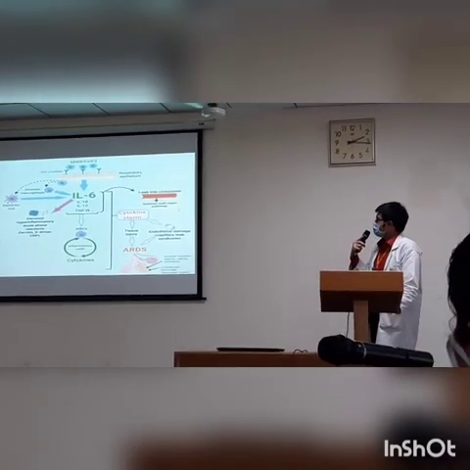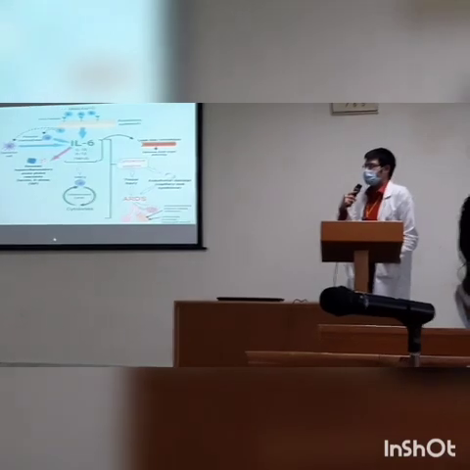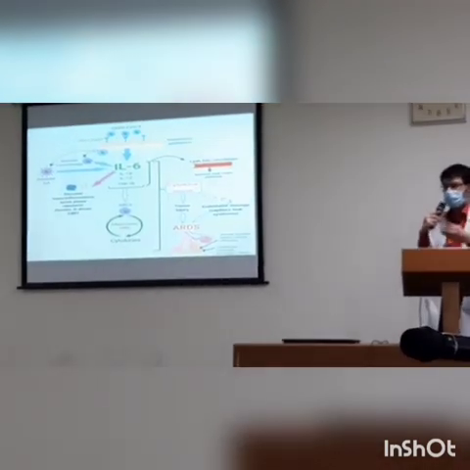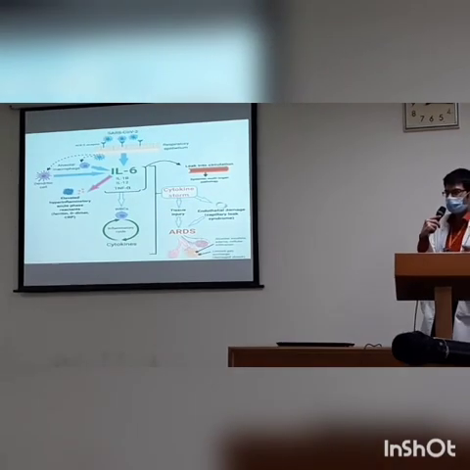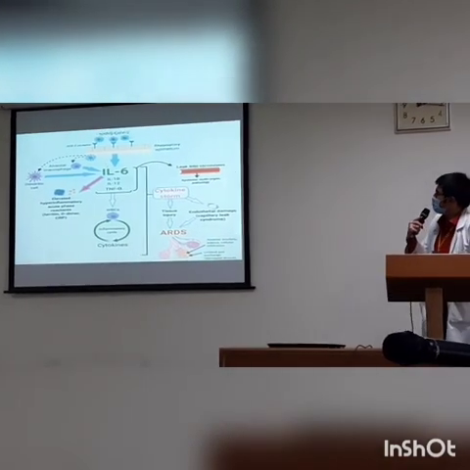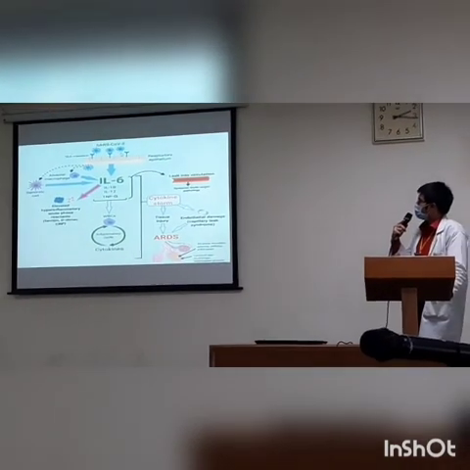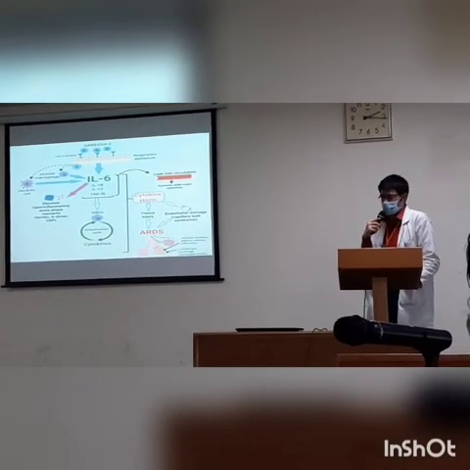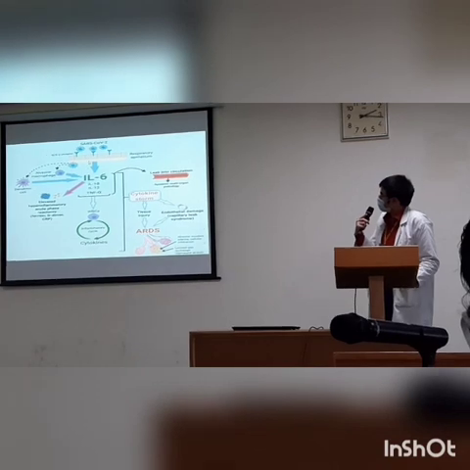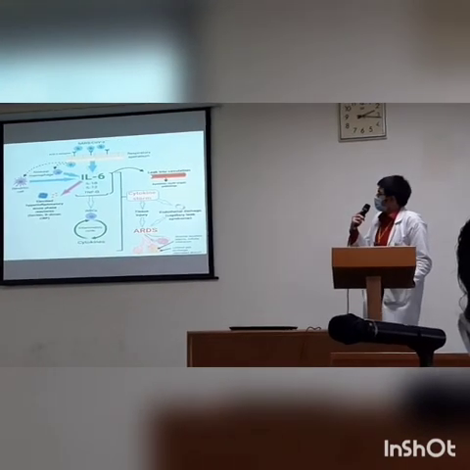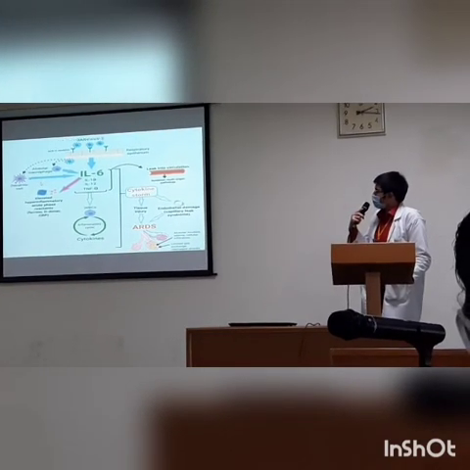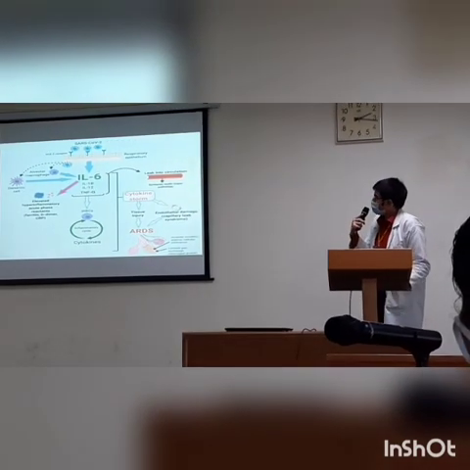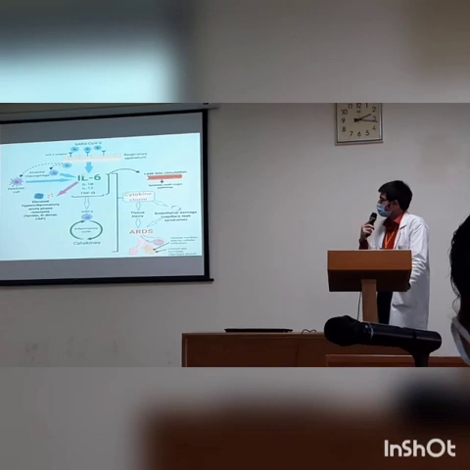In short, this is the proposed mechanism for the cytokine storm, which is said to be one of the main causes of mortality progressing to acute respiratory distress syndrome in COVID-19 patients. So basically what happens is the COVID-2 virion goes and attaches again to the angiotensin converting enzyme 2 receptor. Once it enters the cell, this is the respiratory epithelium, alveolar macrophages and dendritic cells are recruited. So these produce interleukin 6, and the damaged epithelial cell also produces interleukin 6.